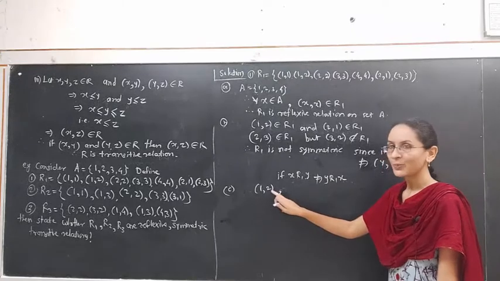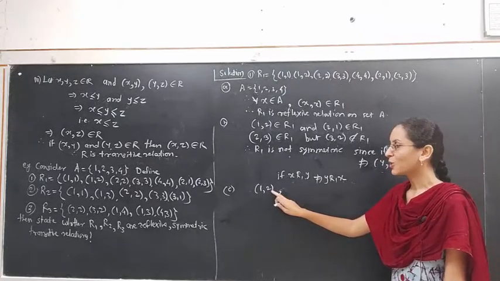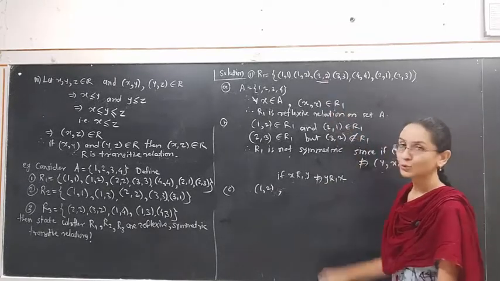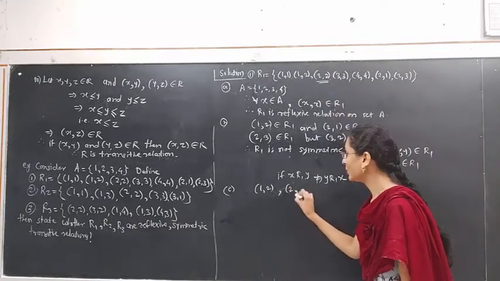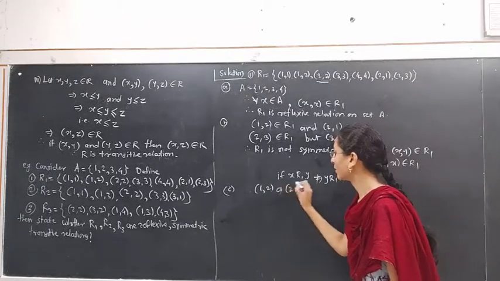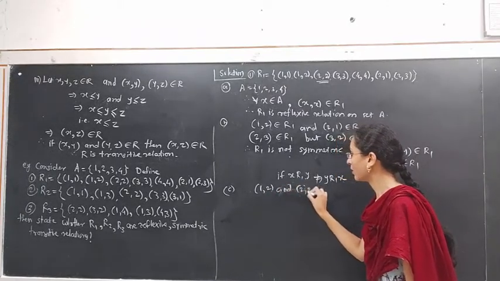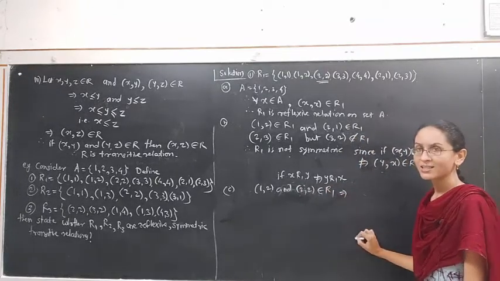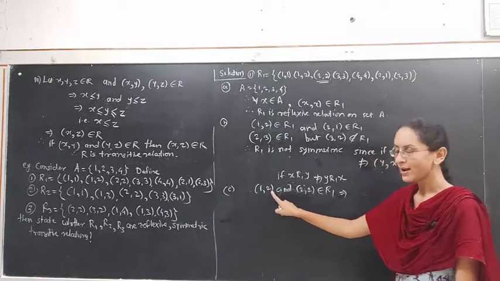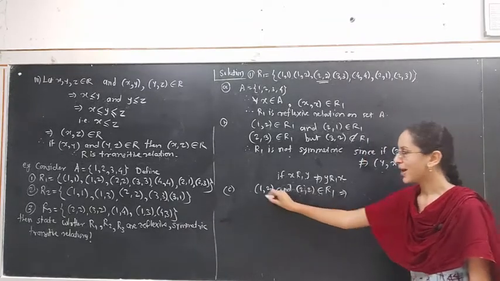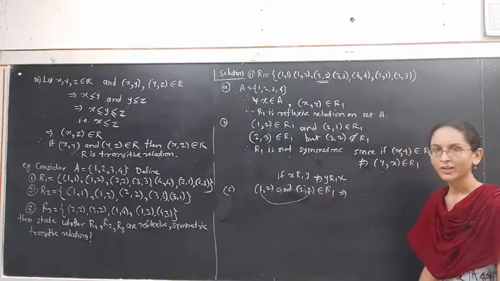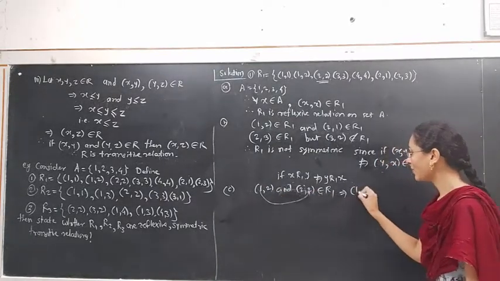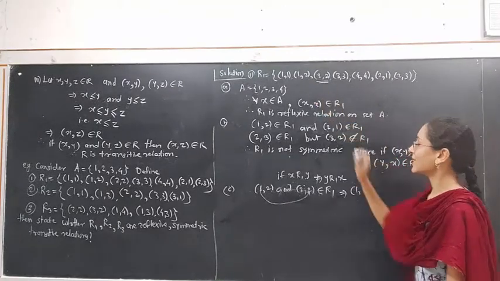The second element of this ordered pair is 2. Now we see the ordered pair in which 2 is related to some other element. In the next ordered pair, (2, 2), (1, 2) and (2, 2), 2 belongs to R1. This implies, for x, y and z: x is related to y and y is related to z implies x is related to z. 1 should be related to 2. For transitivity, this implies the ordered pair (1, 2) belongs to set R1.